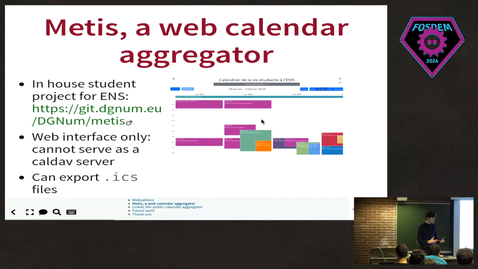But it's really nice, and it was a first step in the right direction. But what you can do with this interface, you can ask it to export ICS files, so you can import all these events into your calendar client. But what you can't do is ask it to act as a CalDAV server and add it to your calendar client and have on your phone or your computer all the events getting updated in real time and basically be able to follow all these events from all this association without